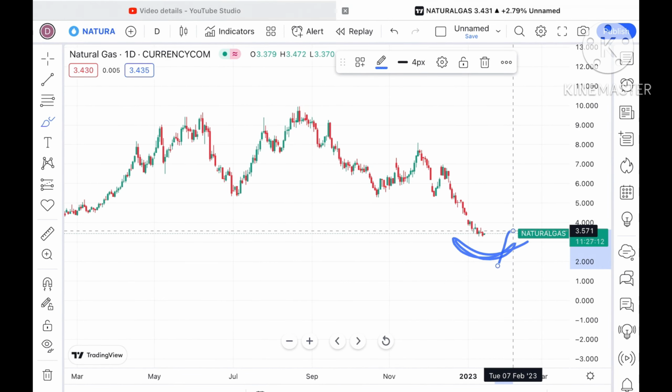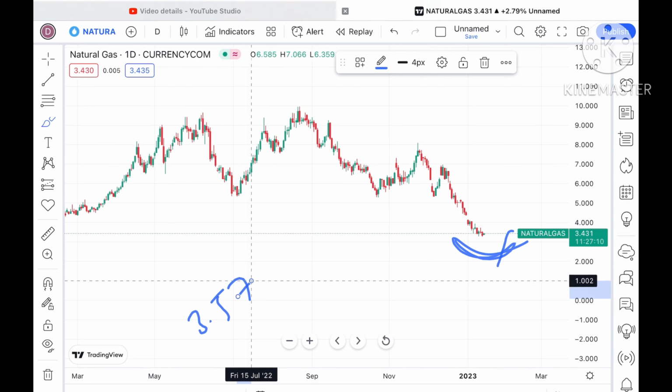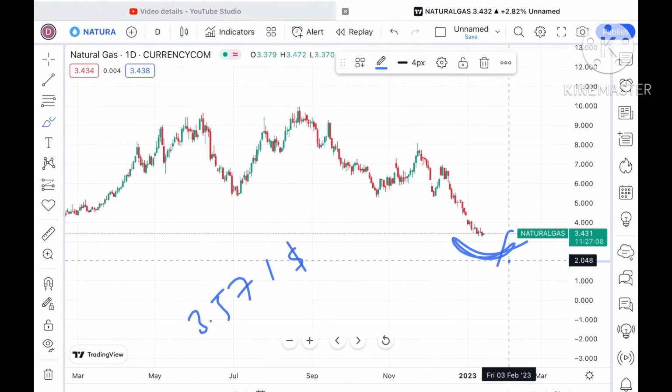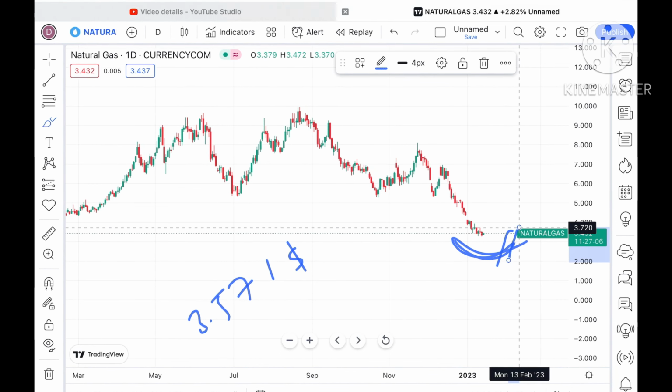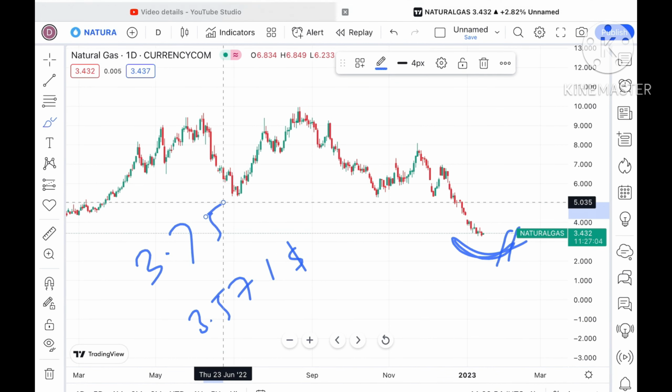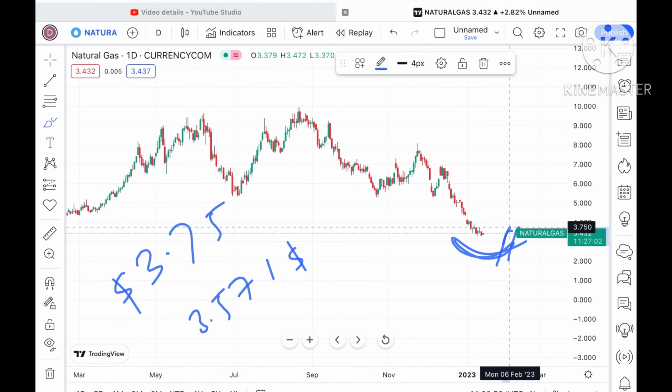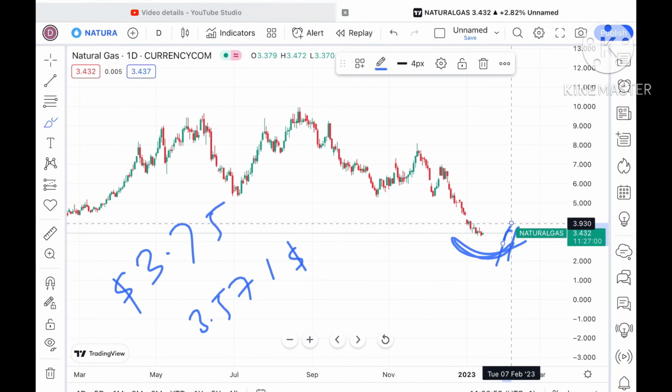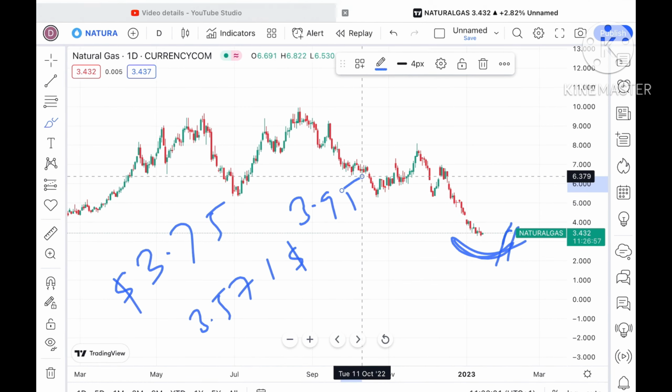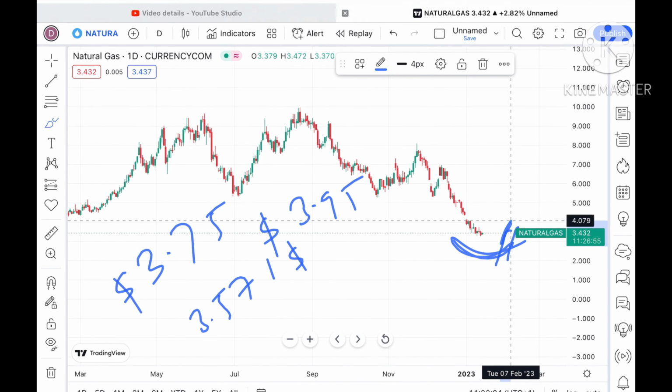Now suppose the price sustains this particular level. Chances are high that it can go towards a level of $3.71, and if it moves further upside, it can touch a level of $3.75. If it moves further upside, then it can go towards a level of $3.95. Once the price sustains this level, it can go towards a level of $4, and from there it can touch a level of